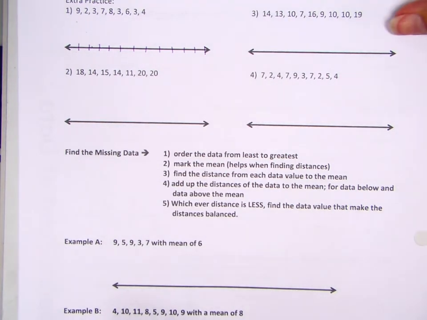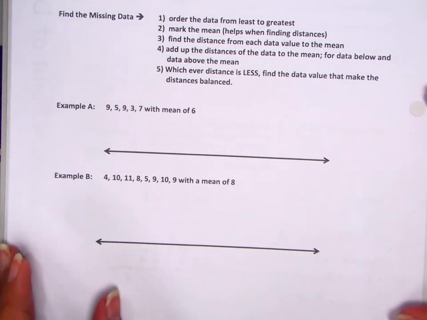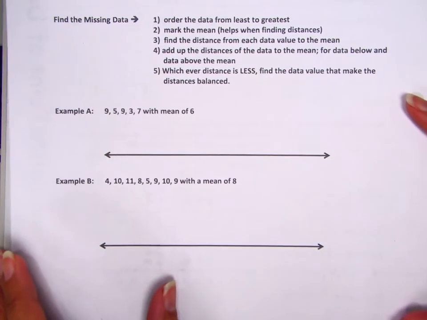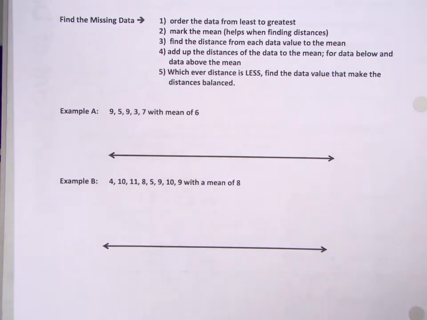Okay, now let's talk about missing data. Missing data is the same thing. You have some data, but now I'm missing something. I'm missing one piece of data. And the way that we're going to find that missing data is we have to have the balance point, or the mean, and it's kind of like going backwards from what we've been doing. We need to know distances. So I'm going to do a couple examples, and hopefully you will understand,